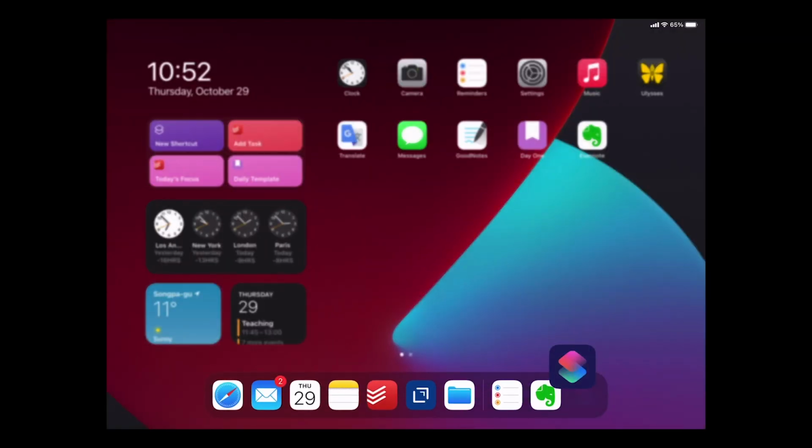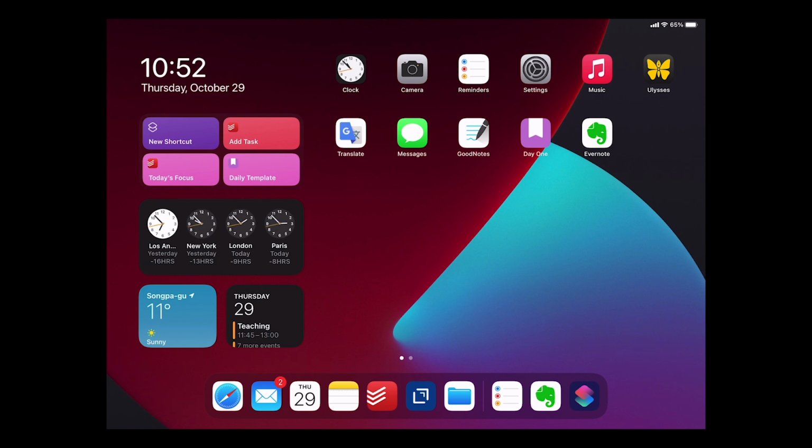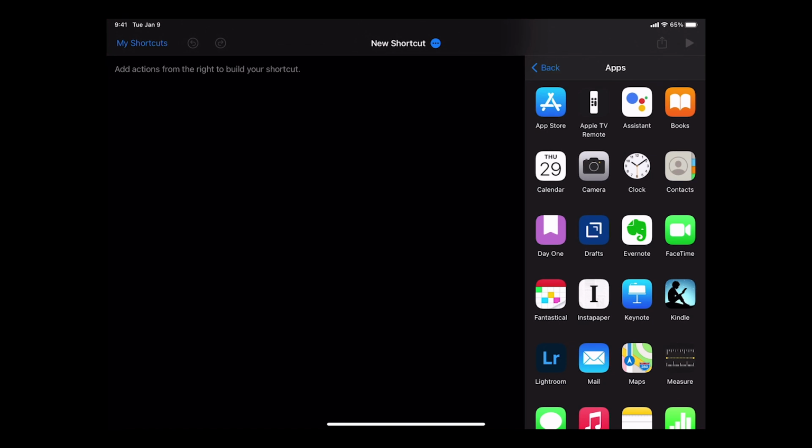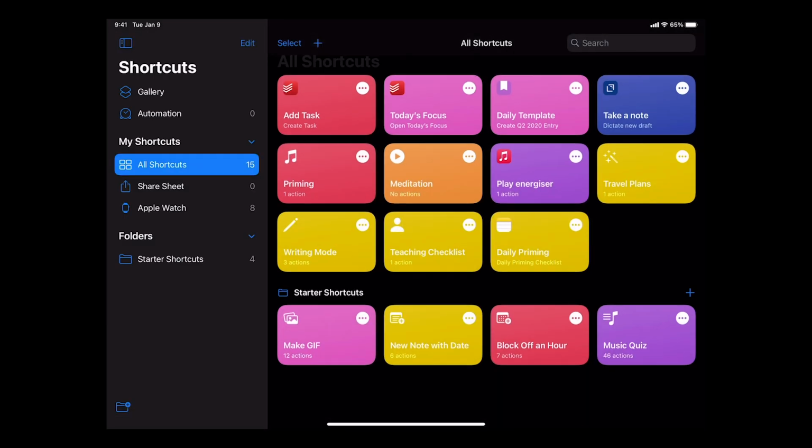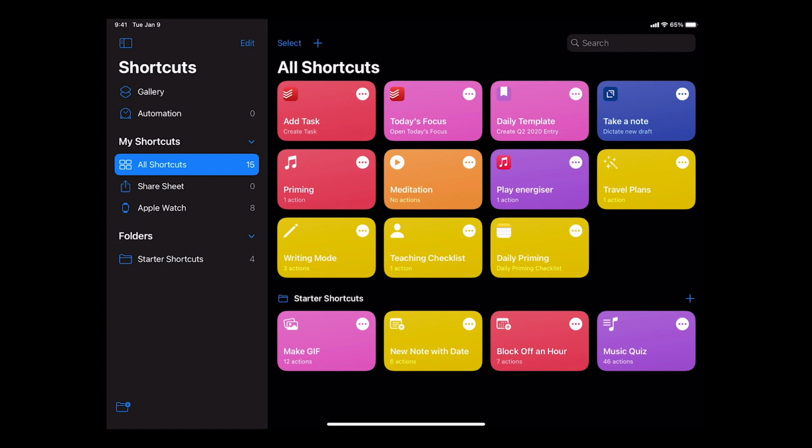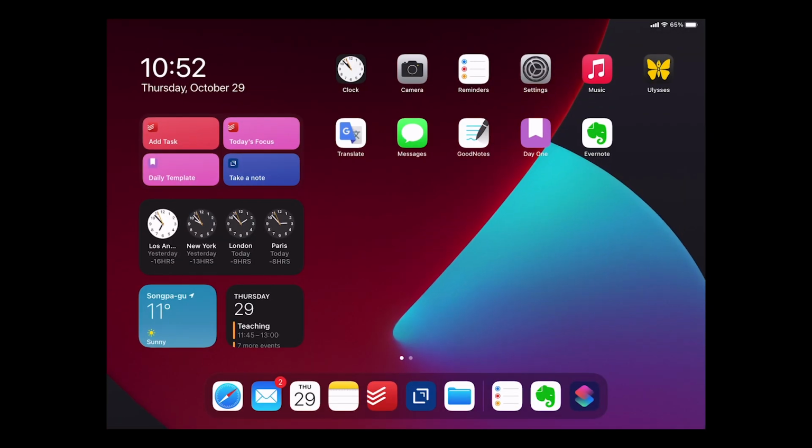As I say, for me, the most useful one is this one here. I've just created that, add short... Oops. Let's go back into shortcuts. This is where, by the way, this is how you can actually delete them. That hasn't come in. No, it's not come in. I don't know why. Oh yes, that's good. So add task. There you go. It's come back to normal.